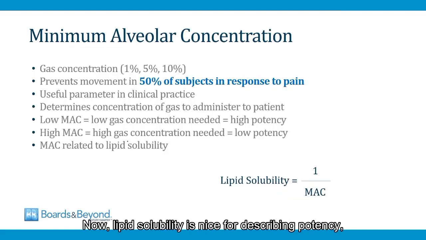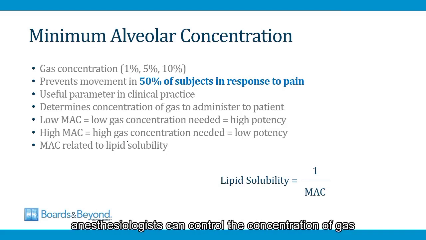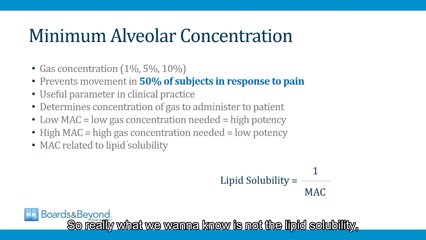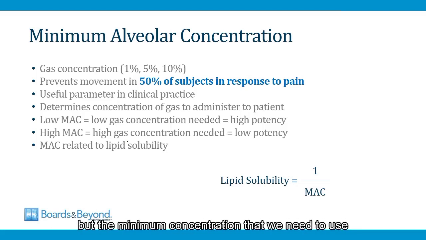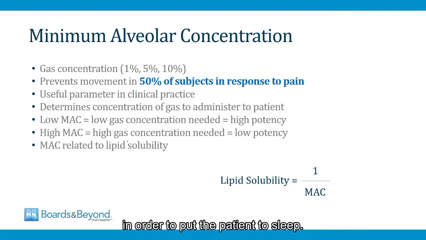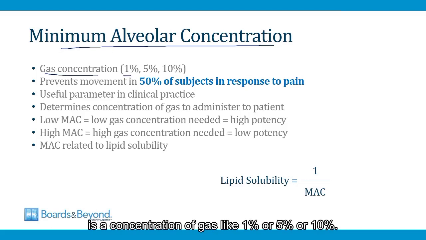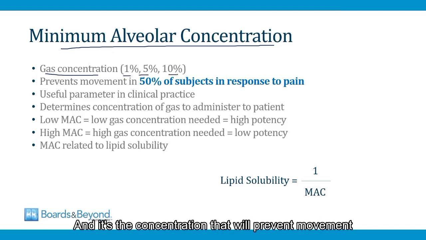Now lipid solubility is nice for describing potency, but as I was telling you earlier, anesthesiologists can control the concentration of gas that the patient inhales. So really what we want to know is not the lipid solubility, but the minimum concentration that we need to use in order to put the patient to sleep. And for this, we use a different measurement of gas potency called the minimum alveolar concentration. The minimum alveolar concentration, or the MAC, is a concentration of gas like 1% or 5% or 10%, and it's the concentration that will prevent movement in 50%